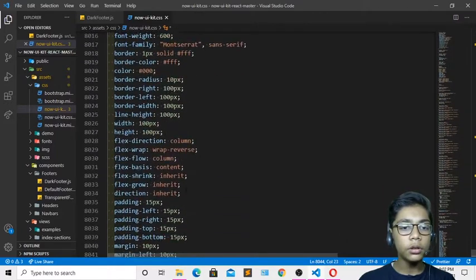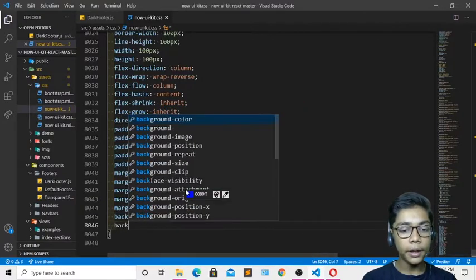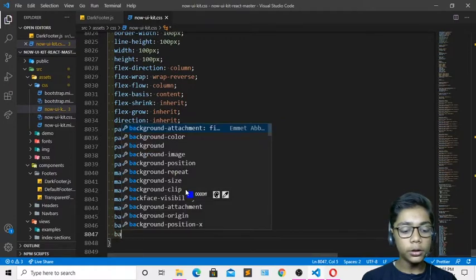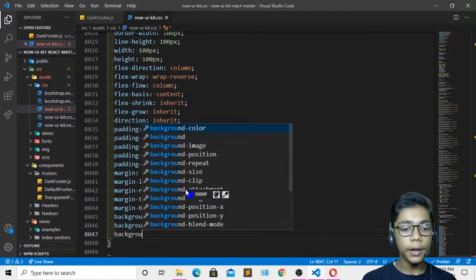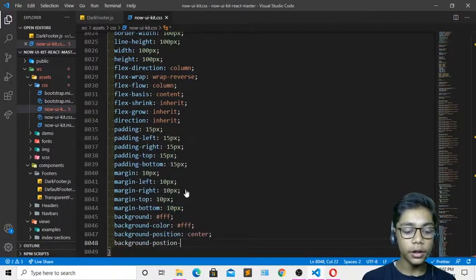Now when you've defined all these things, you have to come underneath and create a background now. So the background I will be needing of white, then the background color I will be needing of white, and I'll also be needing background position. The background position I will be needing in center. So I'll be writing that. And now here you can see we have defined that, and I'll also be needing background position dash x which will be in center. So just write correctly.